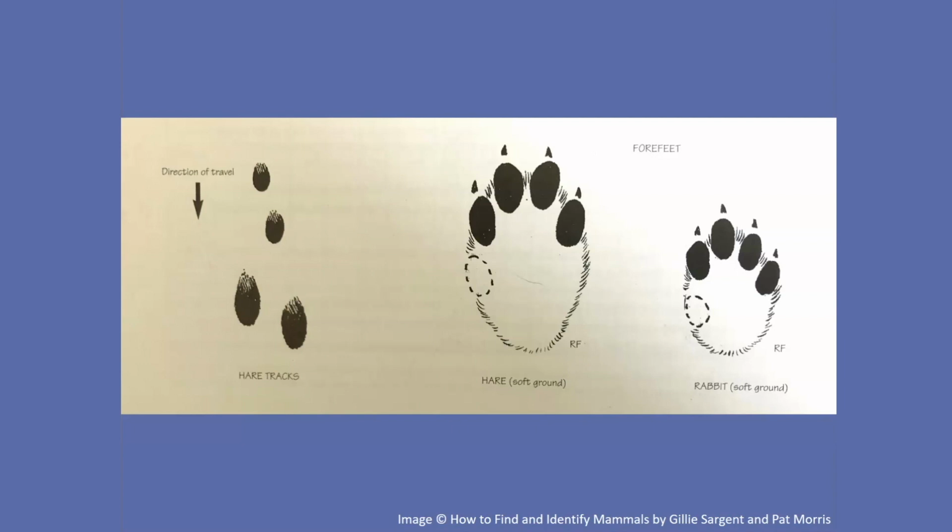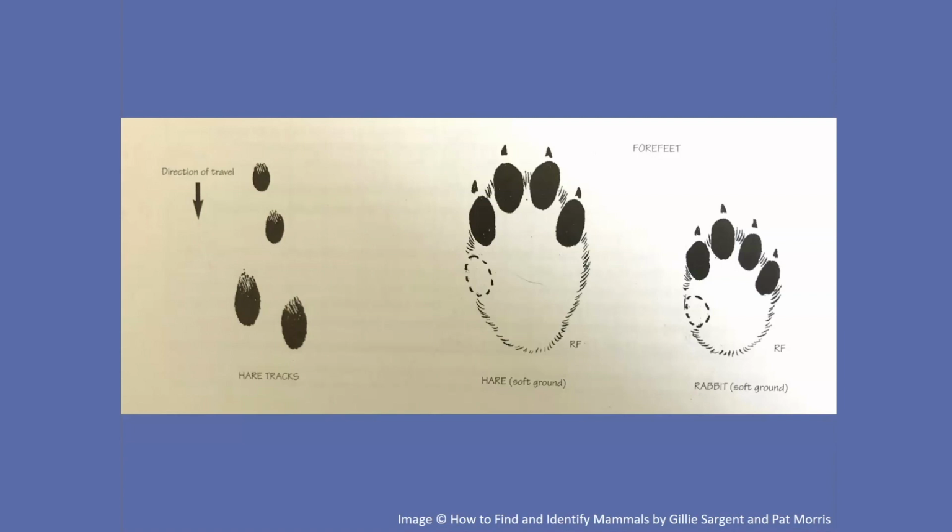It's also worth thinking about the effect that the condition of the substrate will have on your footprints. By which I mean that you can look in books and see perfect footprints given to you, but the animals are often running or walking. There'll be a difference if they're going up or downhill. If it's particularly muddy, they could be slipping in that, and you'll get a skewing from that perfect footprint that you will be observing in the books. So this is just the sort of things to look out for to give you an indication of what animal